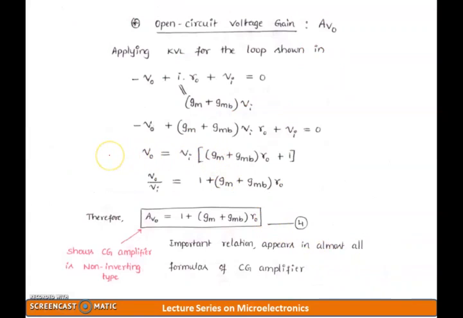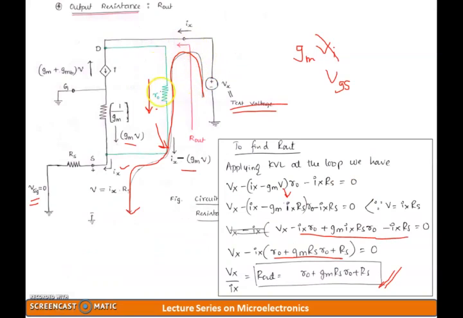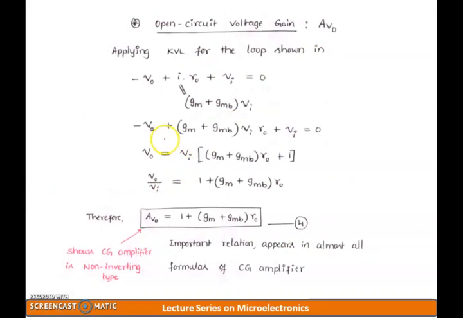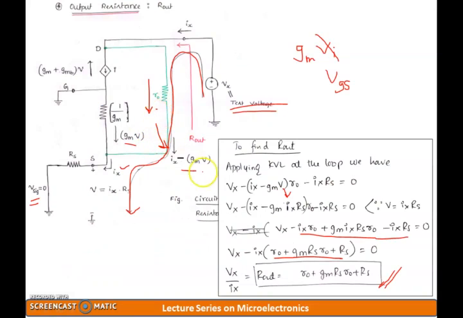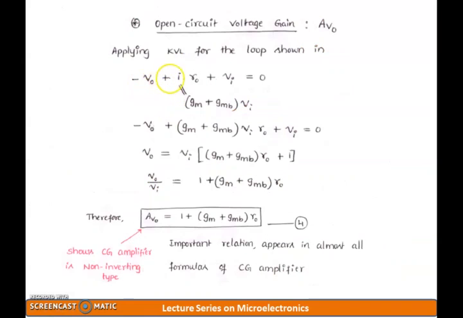And finally, coming down to the voltage gain, Av0, that is the open circuit voltage gain, in a simple way I am just going to apply KVL for the loop. I am going to start with the output voltage, and then I into R. Now I am going to start traversing from the output. I am not going to replace the current with the different terms. I am just going to say I as I. So minus V0 plus I into R0 plus Vi is equal to 0.